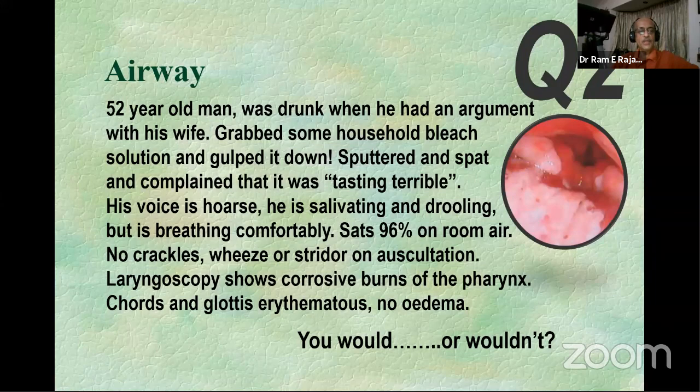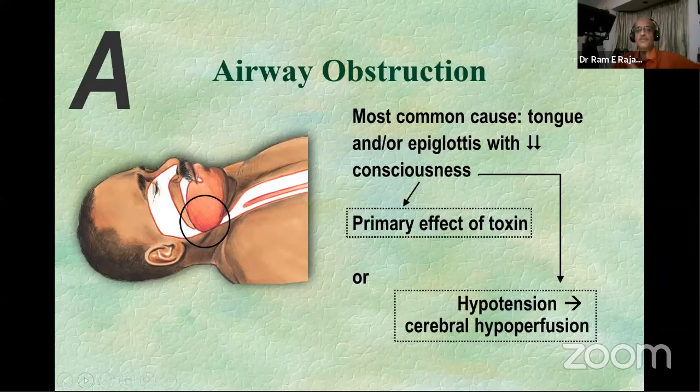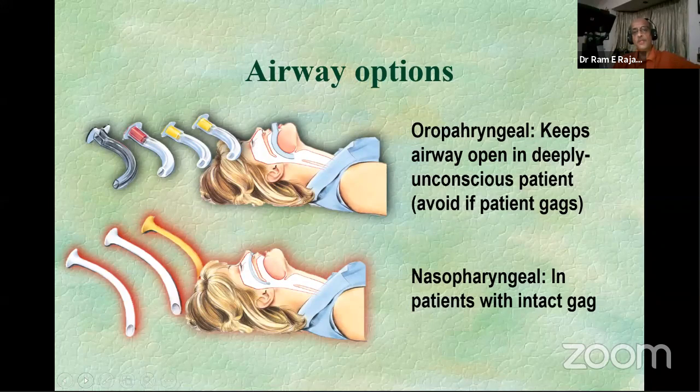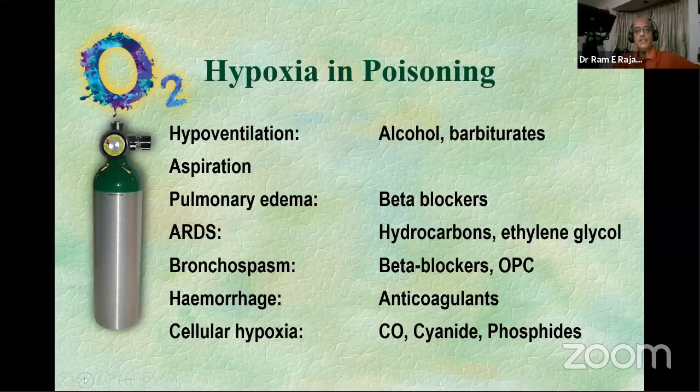We should recognize that as much as we need the airway under very clear-cut circumstances, in the majority of toxicological situations the patient is unconscious as a consequence of the primary toxin itself, or he may be hypotensive and having a cerebral hypoperfusion, which will cause his airway to obstruct. In many of those situations, you can probably open it up with a simple nasopharyngeal or oropharyngeal airway. We need to remember that there will be a lot of consequences of a closed airway. Remember, hypoxia can be compounded under these circumstances. And in this particular patient, we don't have any of these immediate threats.